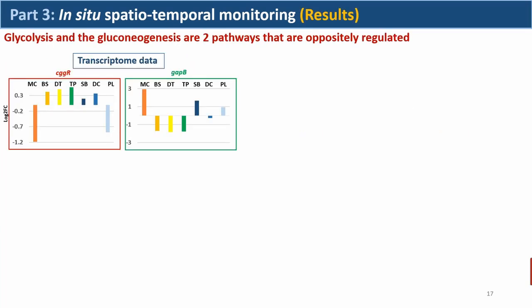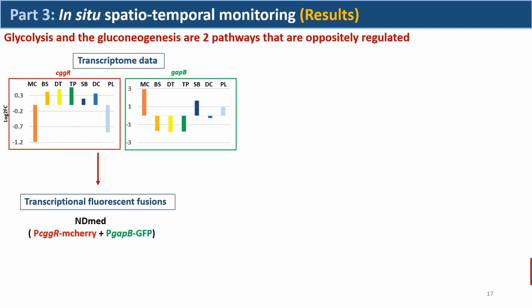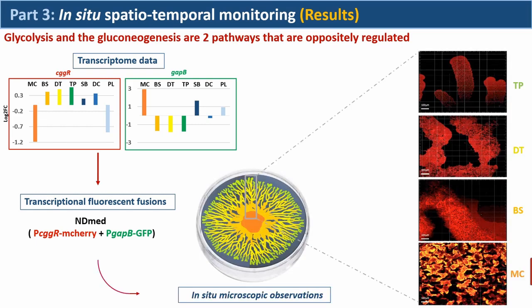Here, this transcriptome data is the same as the previous one, but it is just the quantitative data in log2 fold change. This is cggR and this is gapB. We can see that they are oppositely regulated, except in the submerged model, where both of them are upregulated. So in a single strain, we were able to report cggR by mCherry, which is required for the glycolytic pathway, and gapB by GFP, which is for the gluconeogenic pathway, and we observed them in situ